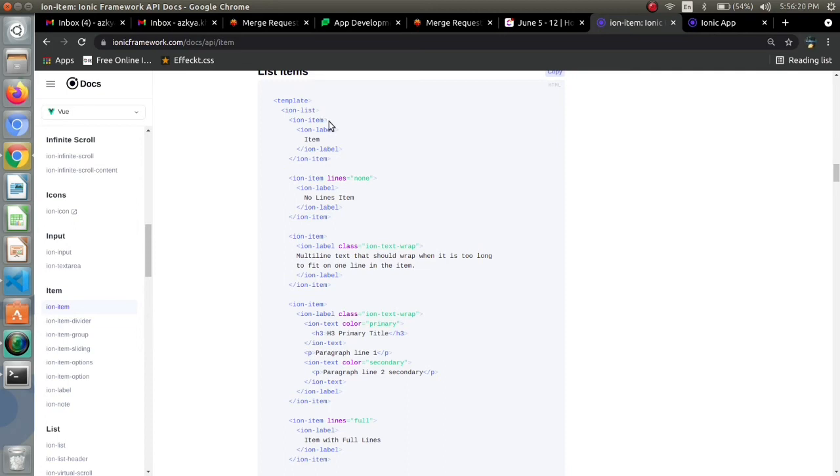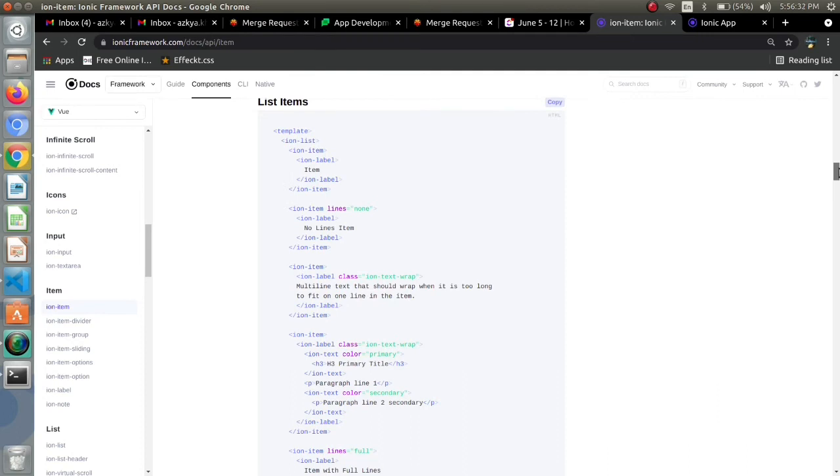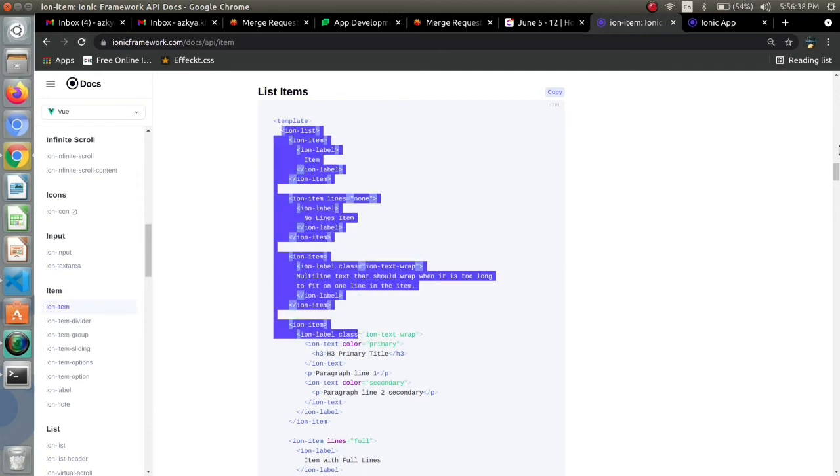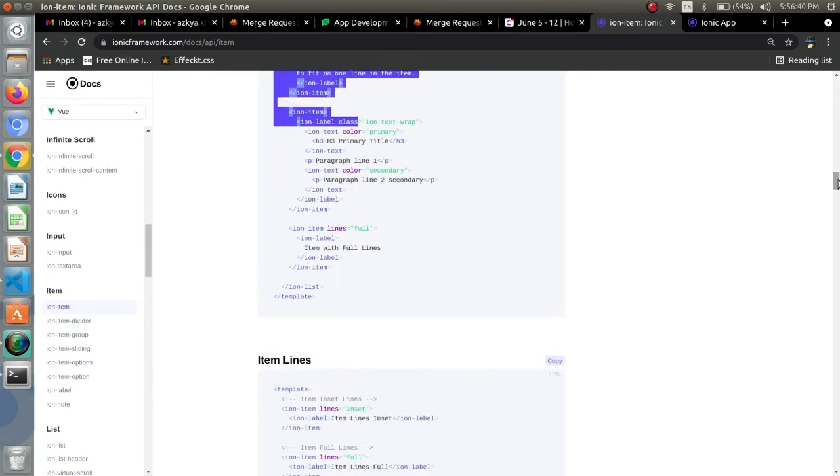Inside that we have used ion items, and inside ion list we have used many items. So I will simply copy this whole list